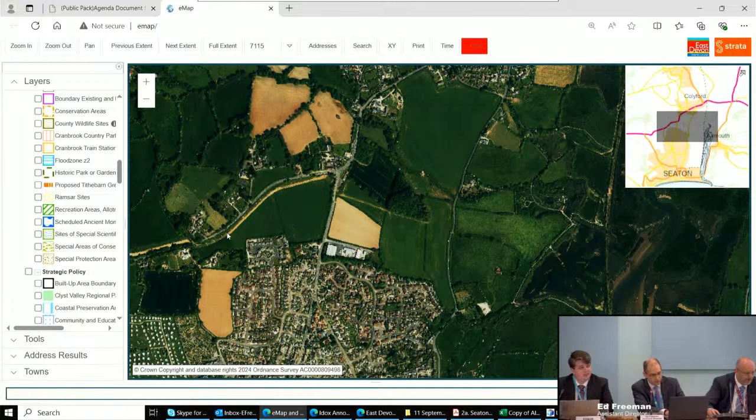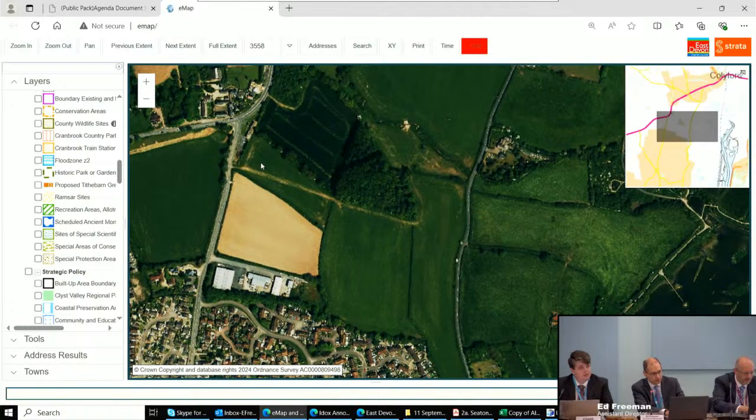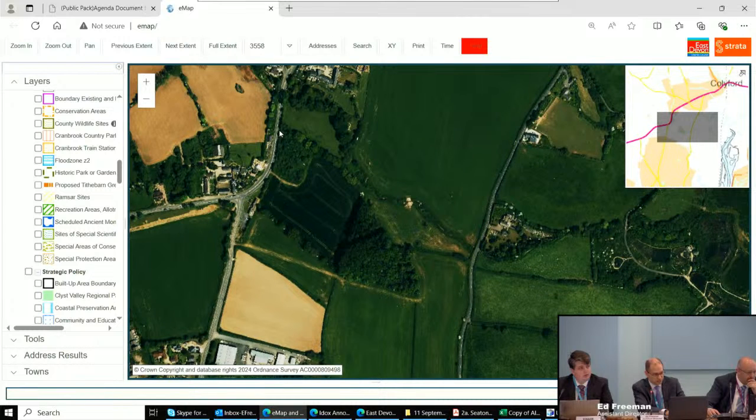There we go. So the extra area we're talking about is this field here, the northern part of this area, and as I say, this foot coming down here, and you can see that there's quite a significant copse of trees in here, a further copse of trees in here, and quite strong tree belts through here and here, which mean I think actually in landscape terms the material difference of removing these areas from the green belt to its purpose of delivering settlement, so green wedge, in terms of its purpose in terms of preventing settlement coalescence and